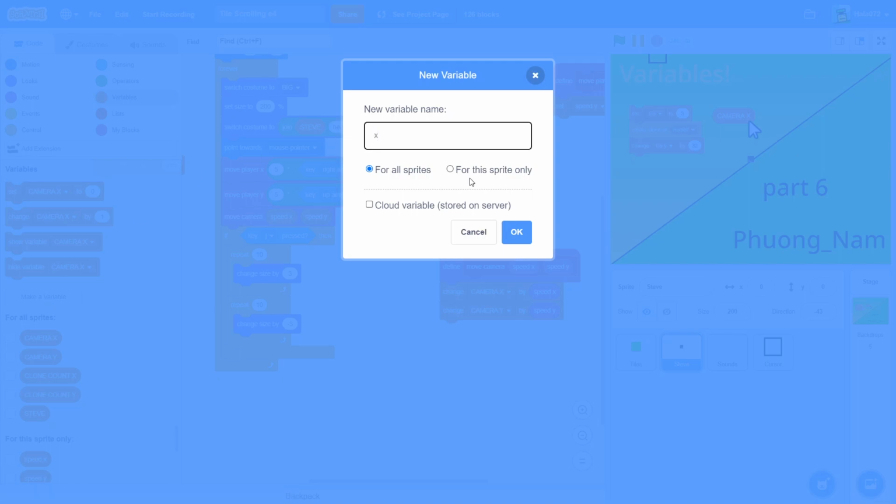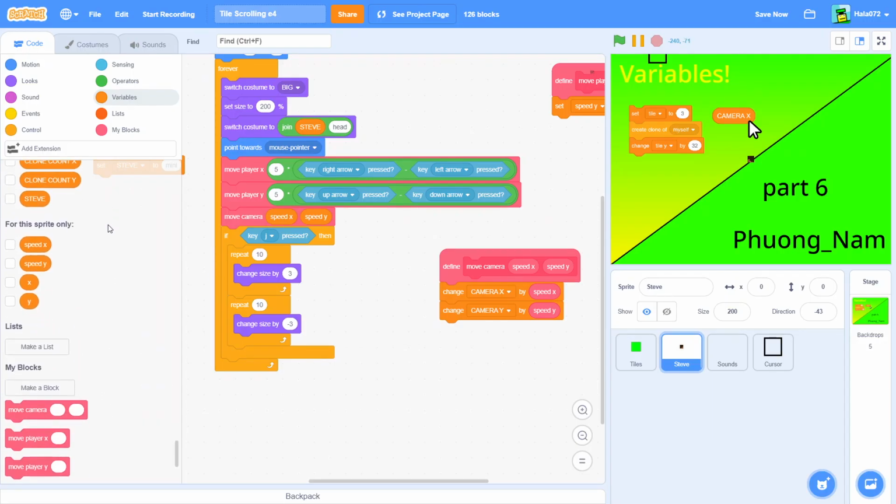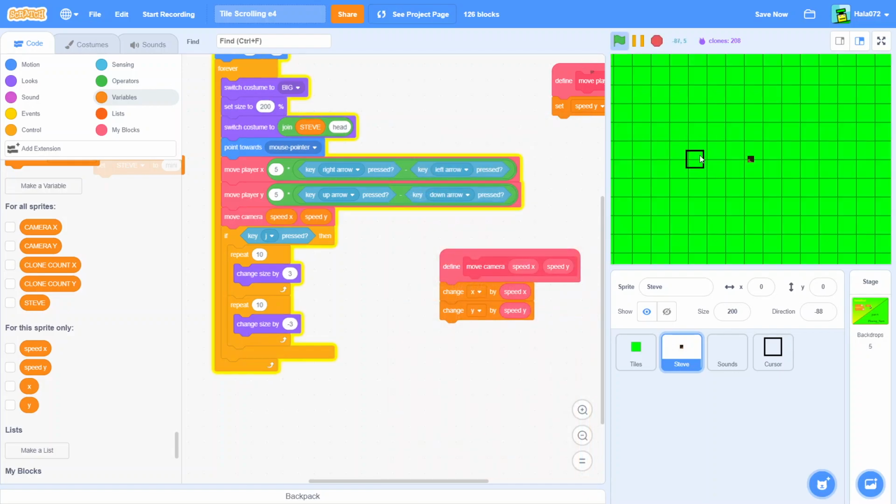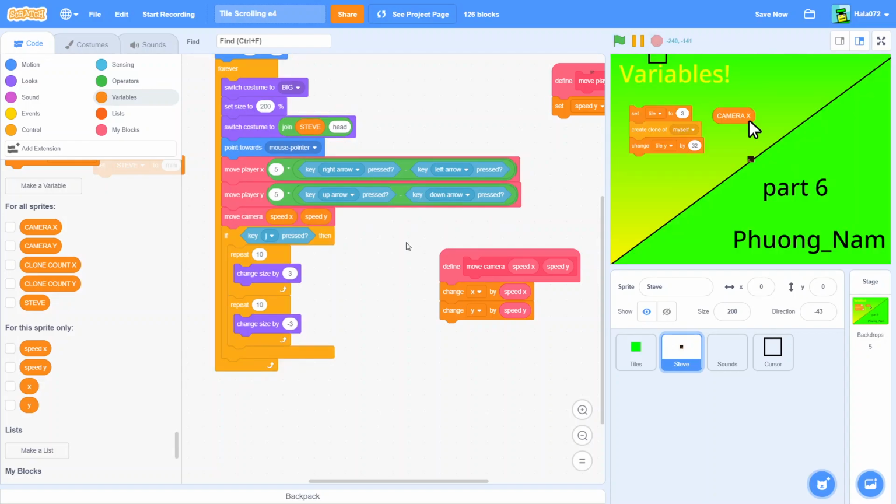Call it X for this part only and Y for this part only. Of course if you see lowercase, then you can take it for this part only, and the uppercase is for all. So make it X and Y, and now you should see the whole project is working. We can fix that